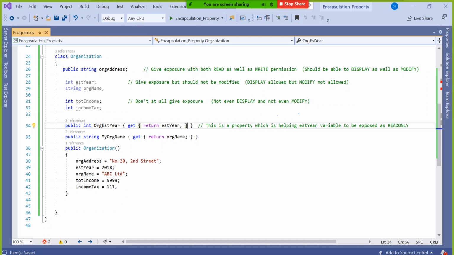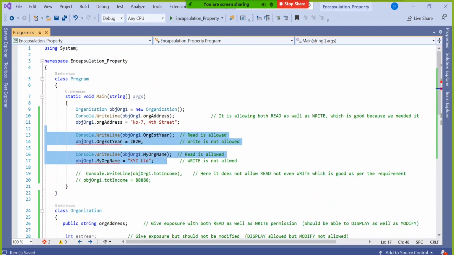If it is initially read only, later on they say please give write, then it's easy. You just go and put a set block here, right? But initially they said full access, but unfortunately because of full access, just to made it like organization address, after some days they said, hey, organization address I want read only. Then you are gone. If you are going to create one more property, then everywhere, wherever your property variable might have used, everywhere you have to visit and replace to some other either variable, some other property or so.